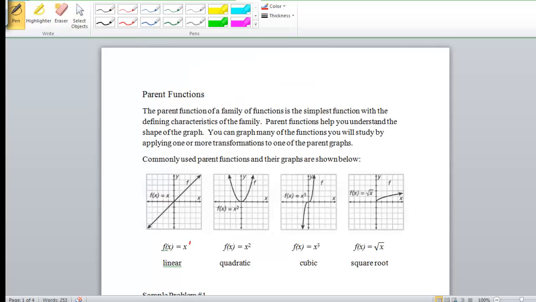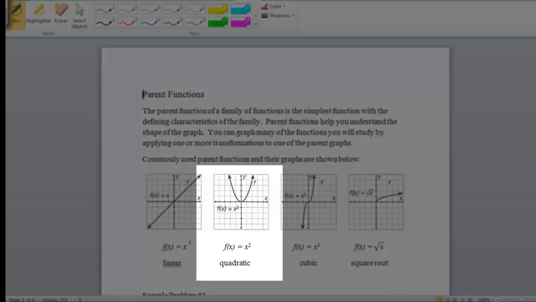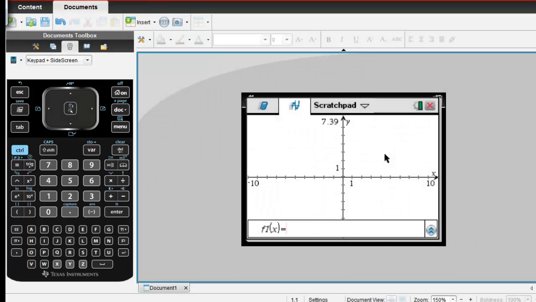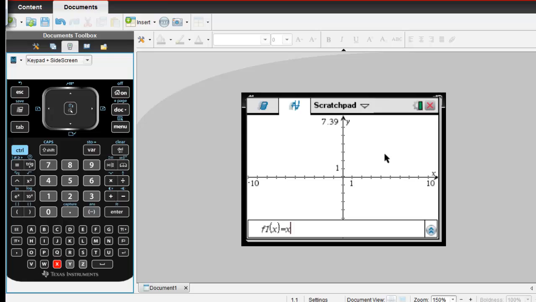So if I go back to my notes, I can see that the second parent function that I'm going to deal with is a quadratic equation, and the quadratic equation is determined by it having a degree, or highest exponent, of 2. So let's see how we would do that in the calculator. Now when I hit the x button, I need to square it. Right there next to the 4 we have an x squared button, and if I just square it, it gives me x squared, and I can hit enter,